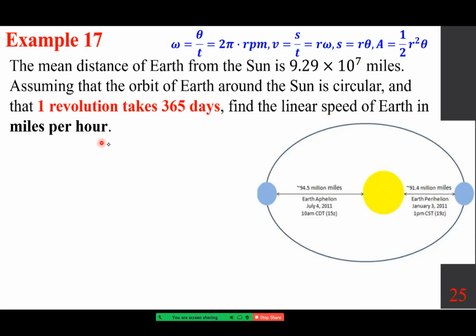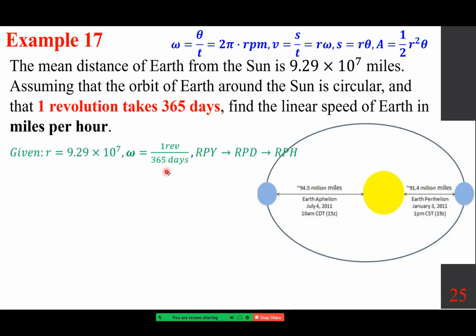So quickly, what is given is the radius R, and then omega. Okay, one revolution takes 365 days. So omega is one revolution per 365 days. We want to change this to revolution per day, and then to revolution per hour. So that's the idea. Omega is defined as theta over t,